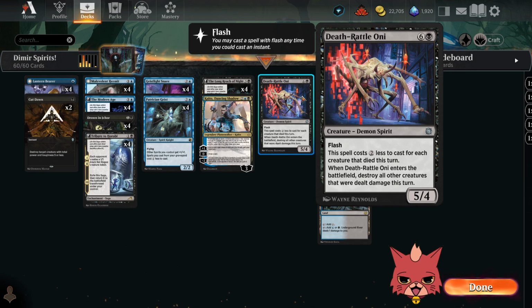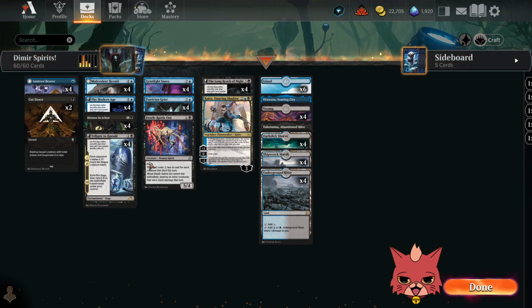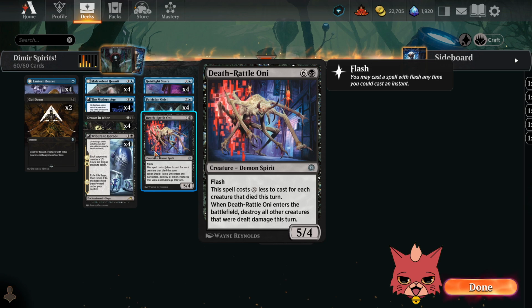I don't know. I like that it fits the spirit theme here. It's going to be interesting to see how often we actually get this down for cheap. I think it's going to be really easy to cast this for 3 mana, right? Because that could be as simple as just the opponent trading with a creature. That's 2 creatures dead, so it costs 4 less, right? So it's a 3 mana flash 5/4. Even that seems pretty decent. So yeah, maybe we treat this as a 3 mana card. I mean, you definitely don't want to cast this for all 7 mana, so...